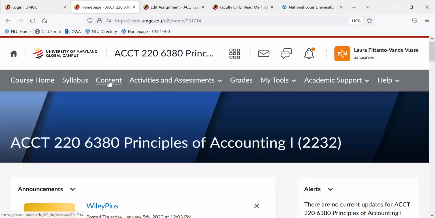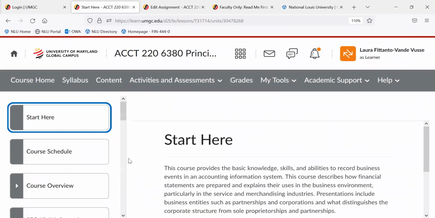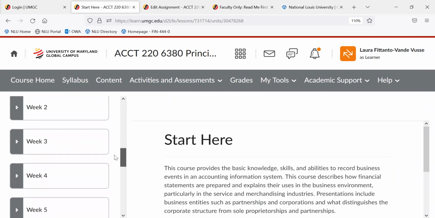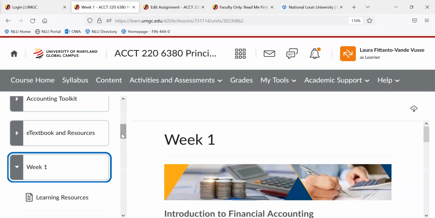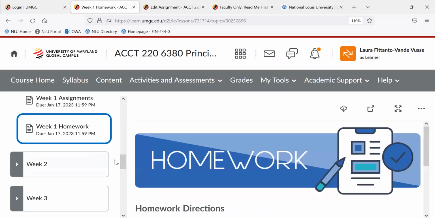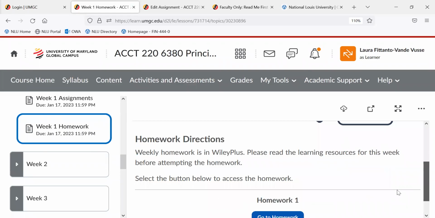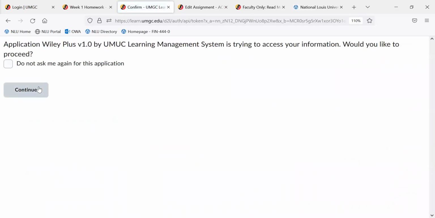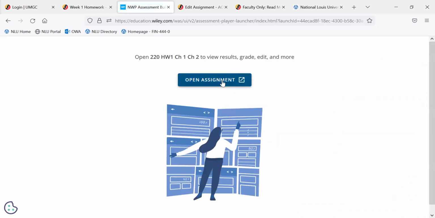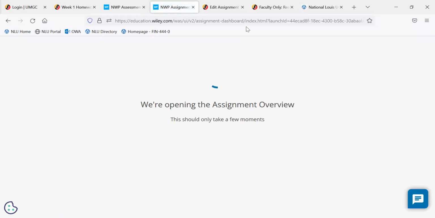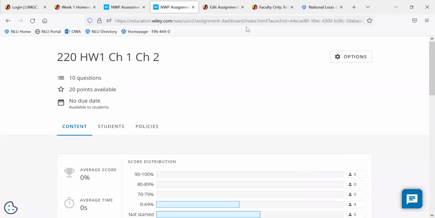The only other thing I wanted to mention, when you go to the content section and you go into Wiley Plus, so for example, I go into week 1 and I go into my homework and I go to my homework button, and after you're registered and you see the homework, I'm going to stop my share and start it again just so I can show you. They're going to give you the instructions as you go along in the homework. So just follow those instructions. So you will get, let me go back in and show you. You're going to get,